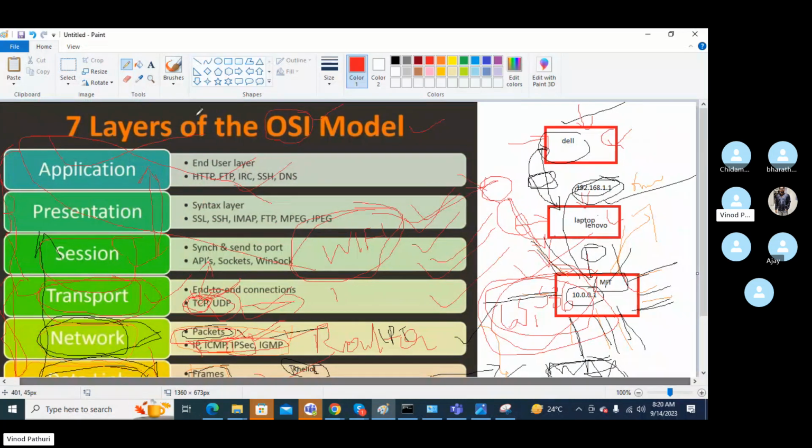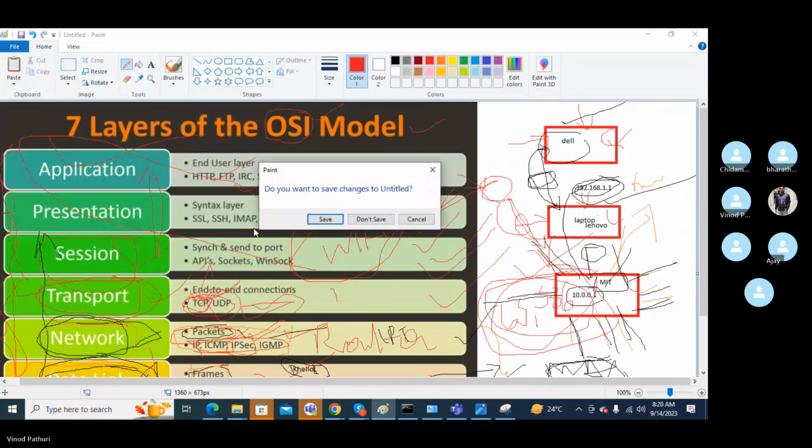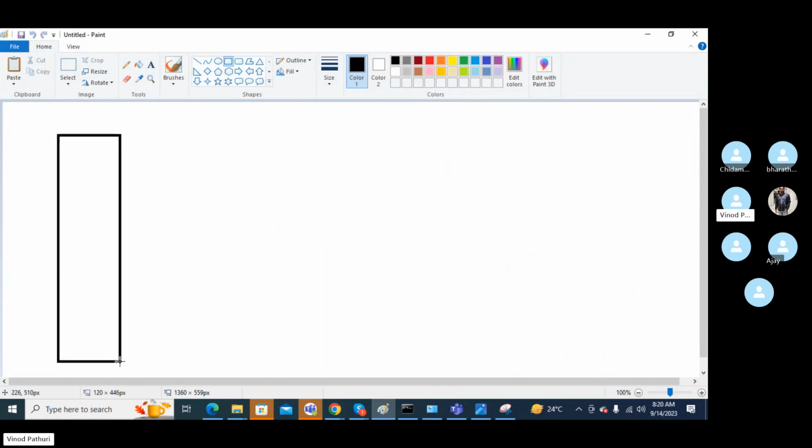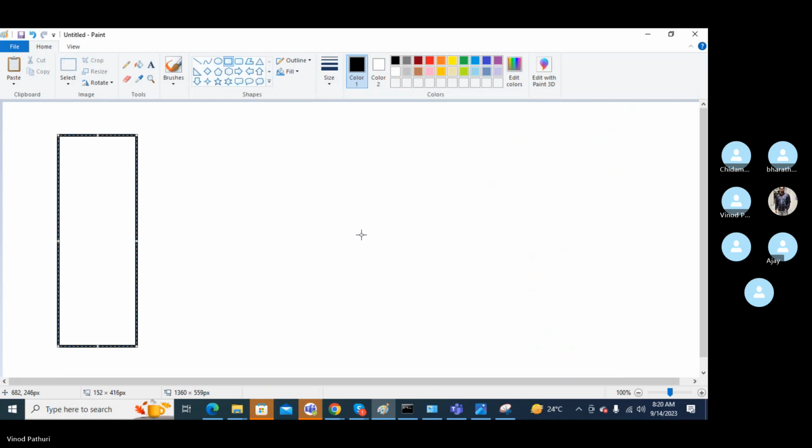In the same way, suppose this is your laptop here. For example, this is your connectivity and you are trying to connect with my PC.